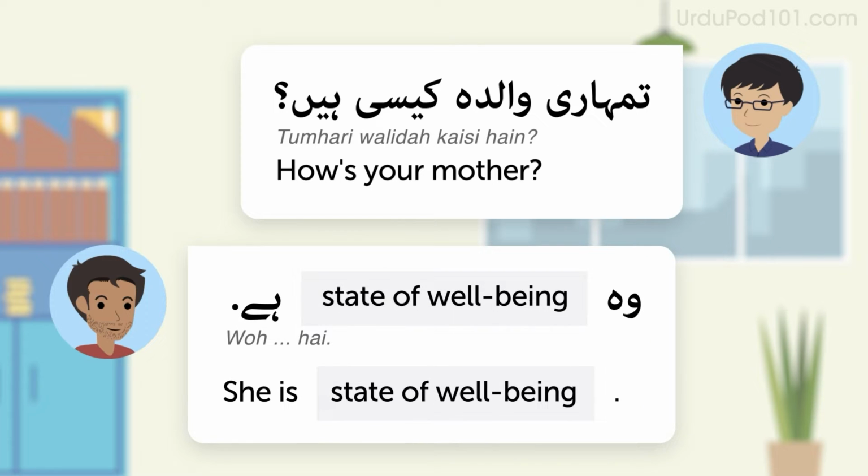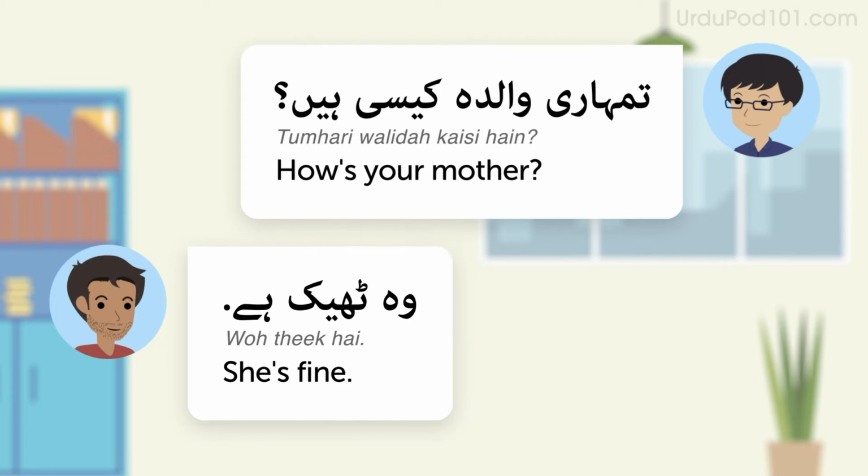The pattern is वो state of well being है। This Urdu sentence literally means she, state of well being, is, but it translates as she is state of well being. For example, she's fine. वो ठीक है।